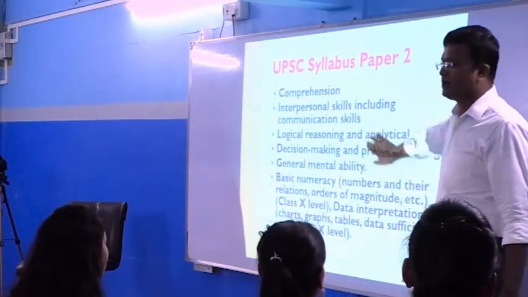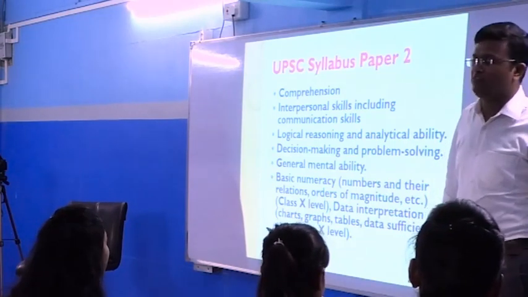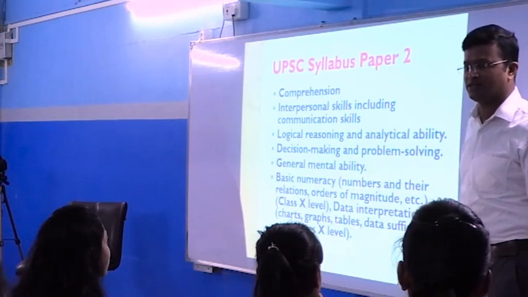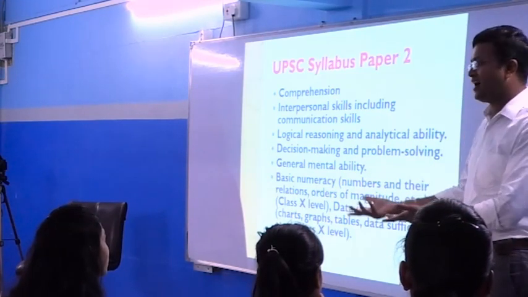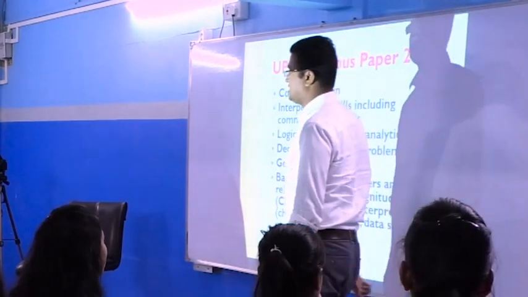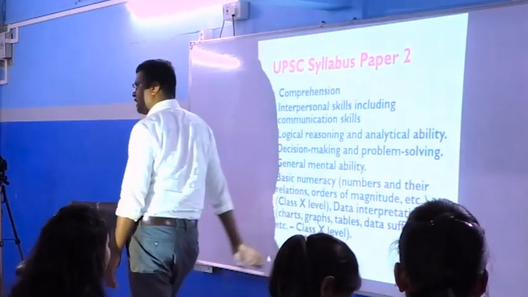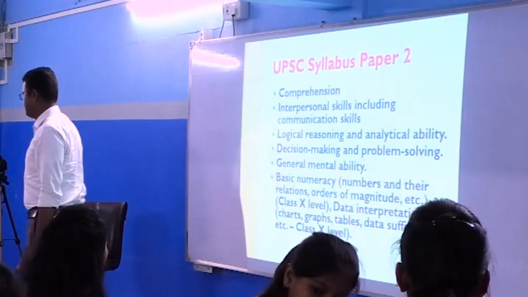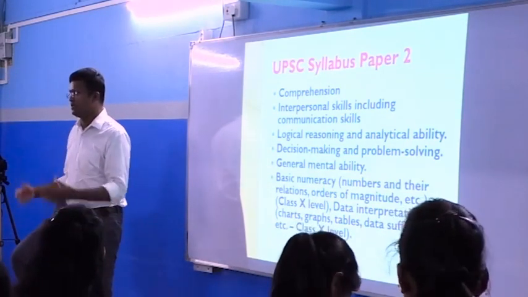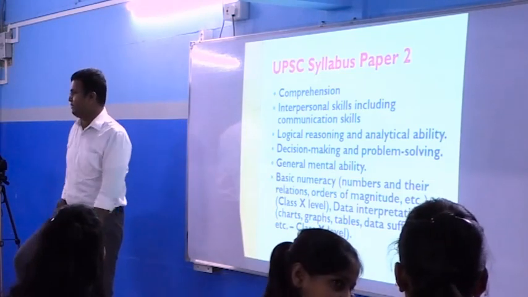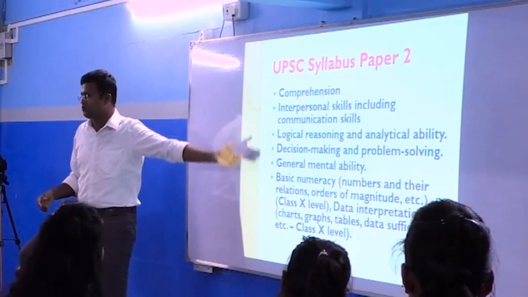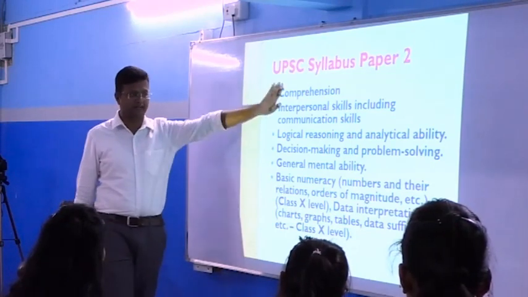Then this is a paper where you can easily qualify the 33% because around 40-50 questions will be from comprehension. They will give a paragraph and the answer will be there in the paragraph. You read the paragraph and find out the answer. And how to prepare for this paper is very easy. Easy means no need of much high level, because initially this paper came up in 2011. It was in 2011 I qualified first time, when this paper was introduced.